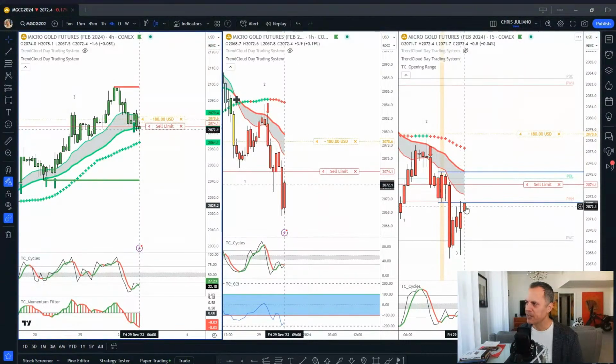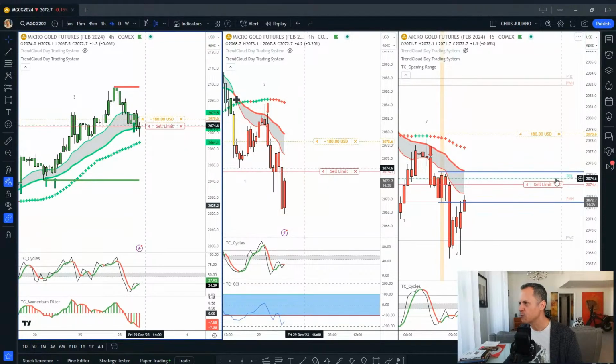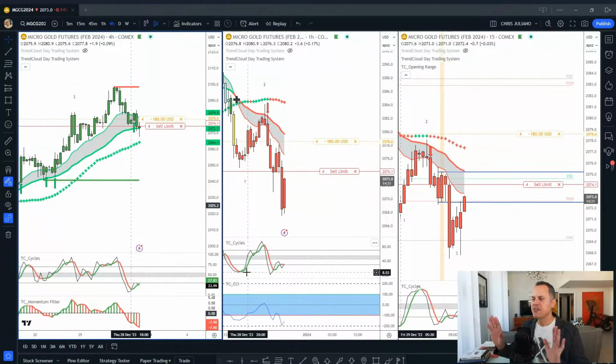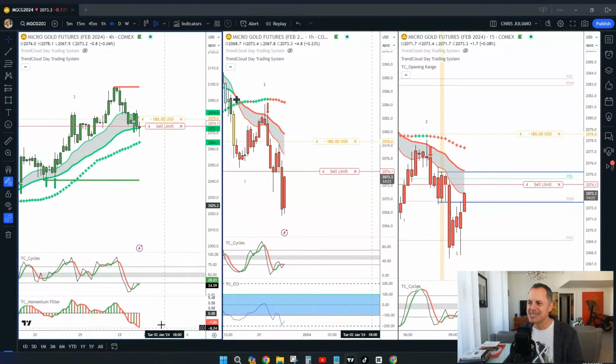I know that this thing is hitting the previous day's high, the previous month's high right now. I know the previous day's low is right here. Here's your trend cloud. Is this thing going to work? I don't know if it's going to work, but I'm following a very consistent